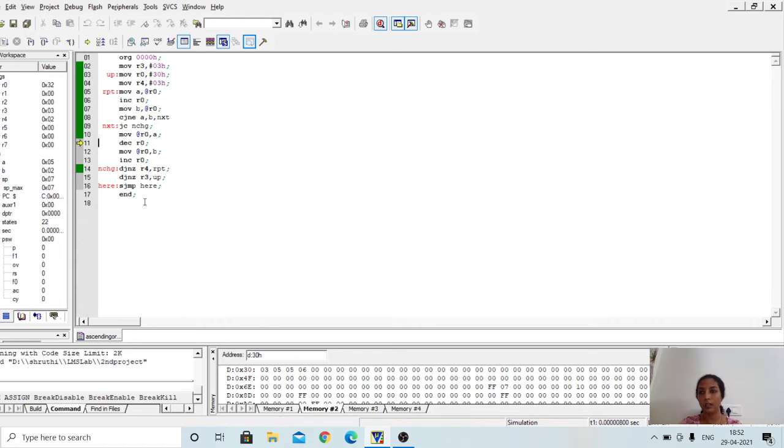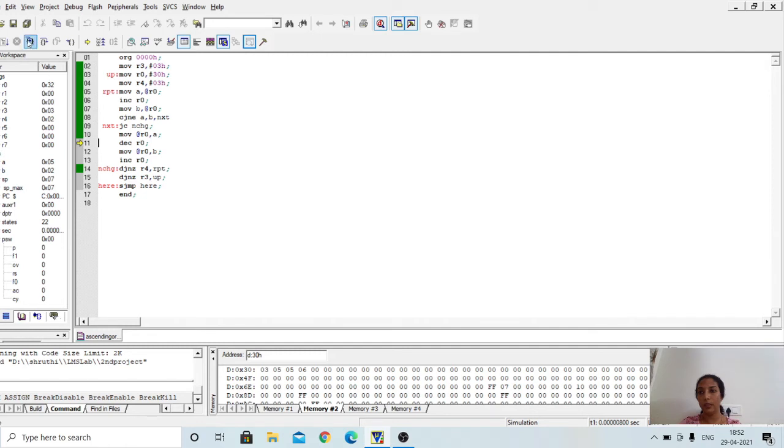See, next you have to move the content which was there in the 32H location to the 31H location. That content is available in the B register. B has 2 now, but the pointer, that is R0, is already 32.